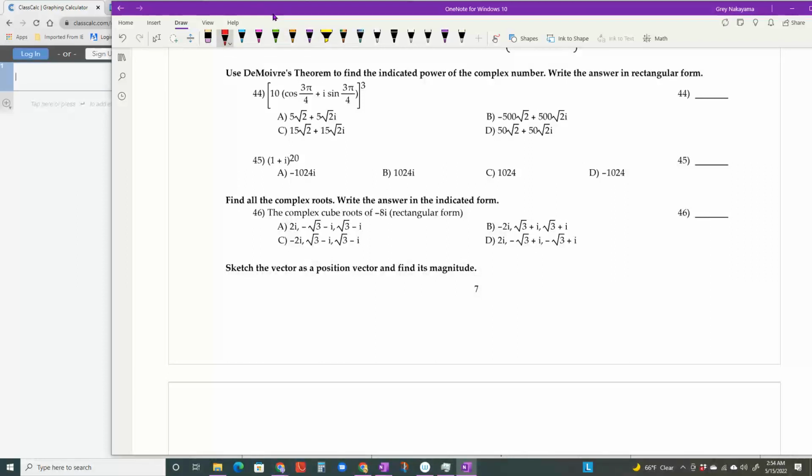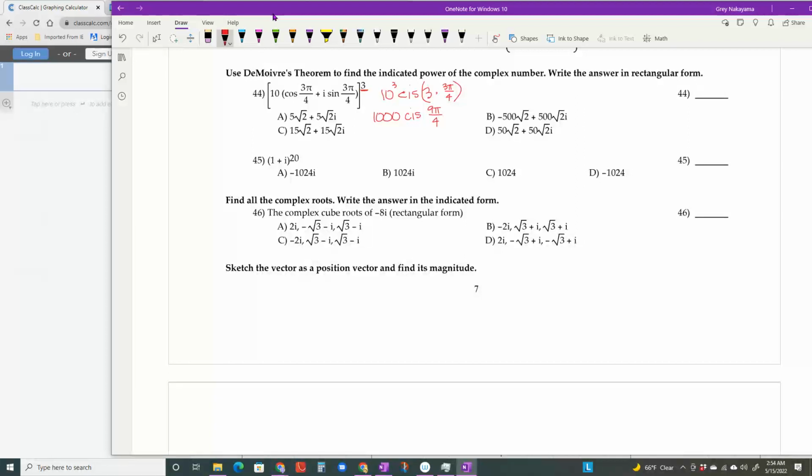So de Moivre's theorem says that I cube the r: the 3 becomes the exponent of my r, and then I multiply the angle. Well, that's cis 3 times 3 pi over 4. Okay, so that is 1,000 cis 9 pi over 4. Okay, so 9 pi over 4 is the same thing as pi over 4,